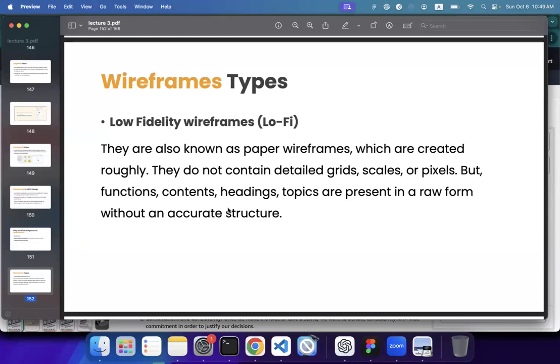So as I mentioned, when you ideate, you can just take a pencil and paper and create your wireframes based on your research findings, and you can add functions, search function, contents, the navigation bar, what are the things we are going to show, what are the pages, home page, services page, and so on. So, and the headings, topics, and everything, every raw form of information will be there in low fidelity wireframe without